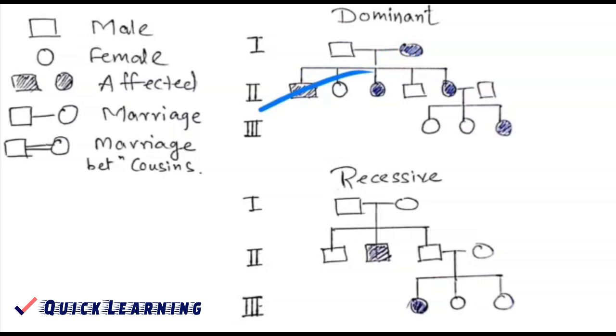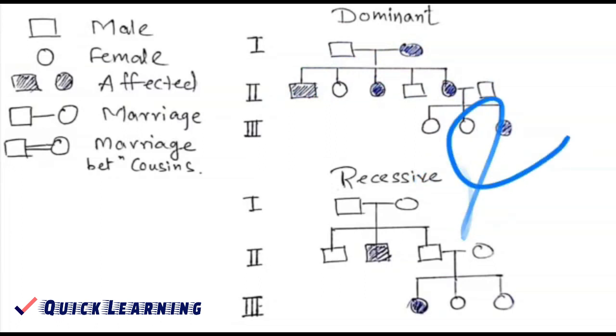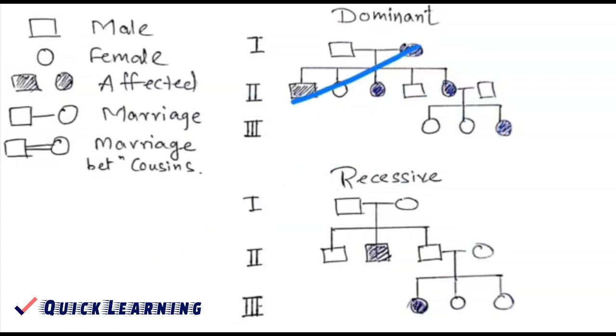Like you can observe here, the mother is transferring the disorder to the son as well as to the daughter. So autosomal is directly transferred regardless of sex. But in case of the X-linked disorder, the case is somehow different. In the X-linked, it is called crisscross inheritance. Father always transmits the disorder to the daughter, whereas mother always transmits the disorder to the son. I repeat, in the X-linked disorders, father always transfers to the daughter, whereas the mother always transfers to the son.